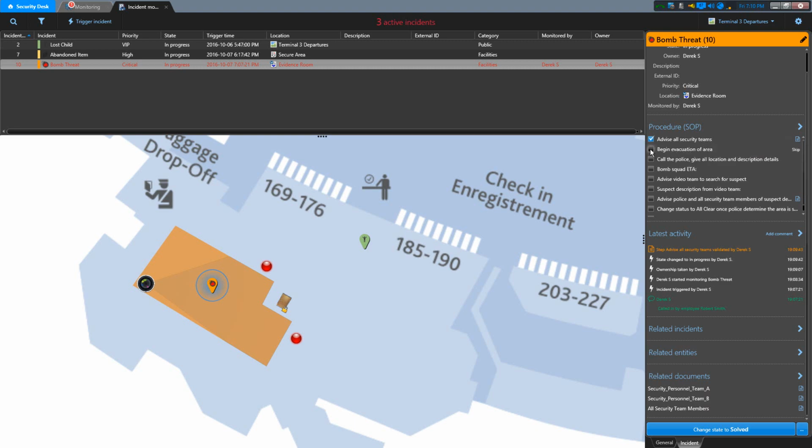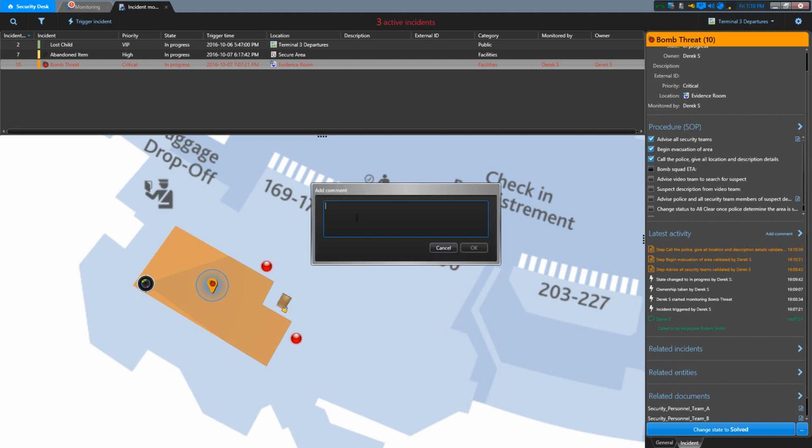Of course, next we want to begin the evacuation of the area, and then we call the police, and we give the location of the bomb threat and description details. The police relay us to the bomb squad, and the bomb squad could give us an ETA and say we're going to be there in 5 minutes. So let's say